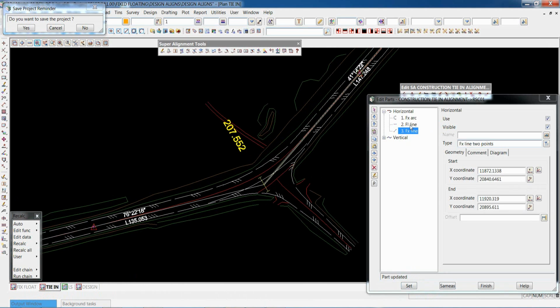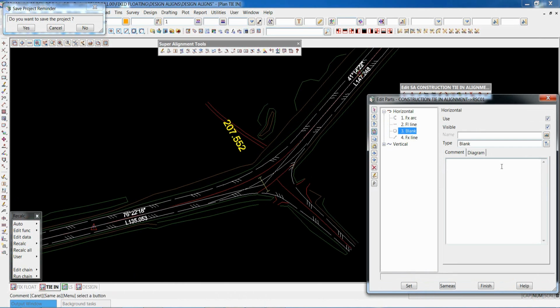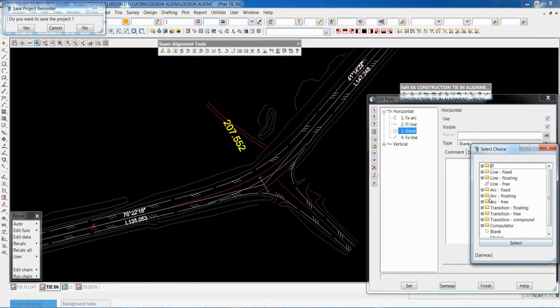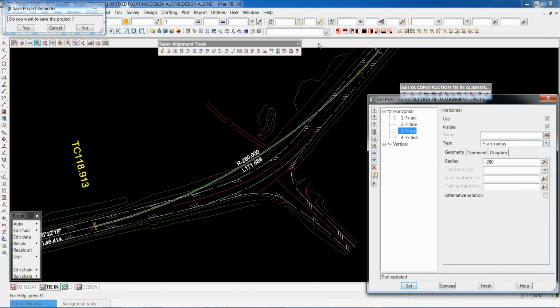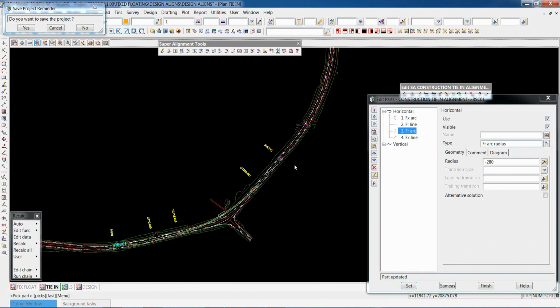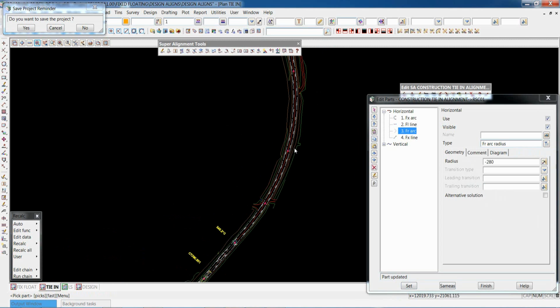lines there. So if I go back and insert my reconstruction area, and I want a free arc and a radius. So put in our minus 280. Now I want to be able to tie into the existing surface here and basically replicate the curved geometry that may have been used on this existing road.